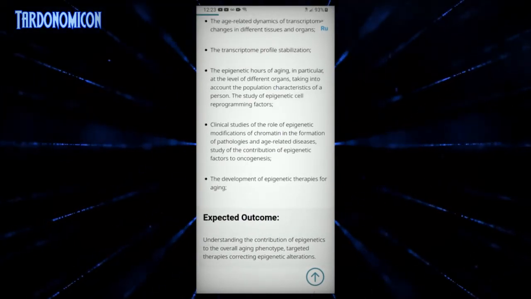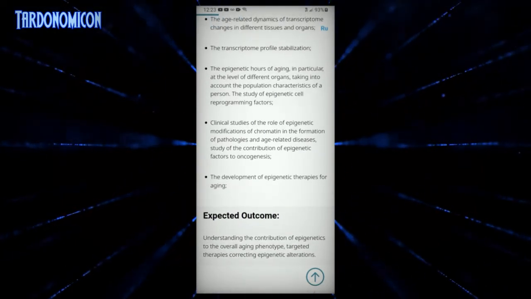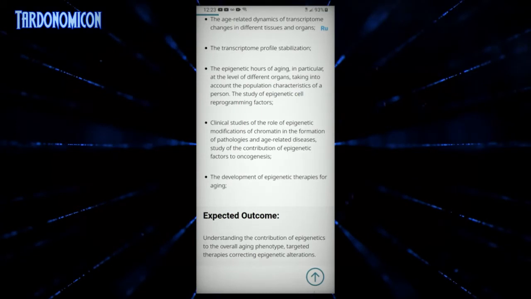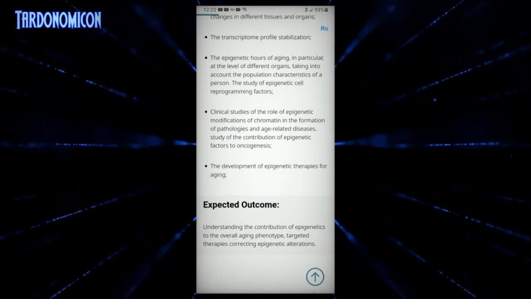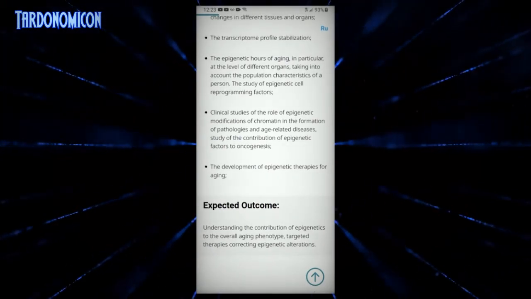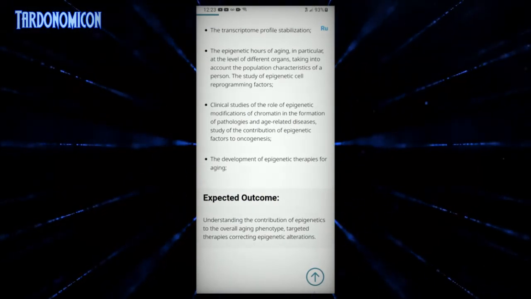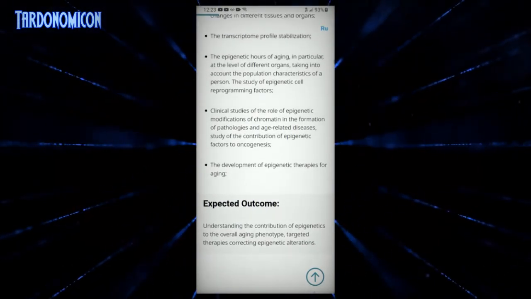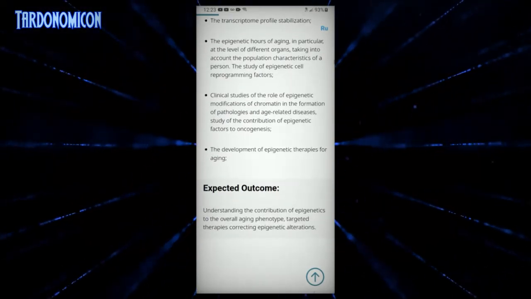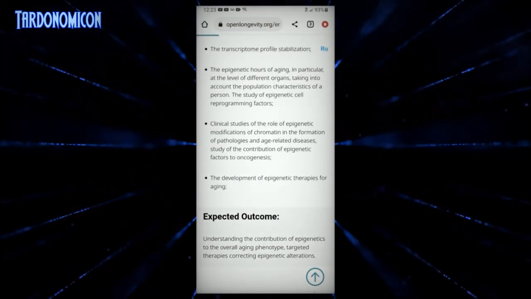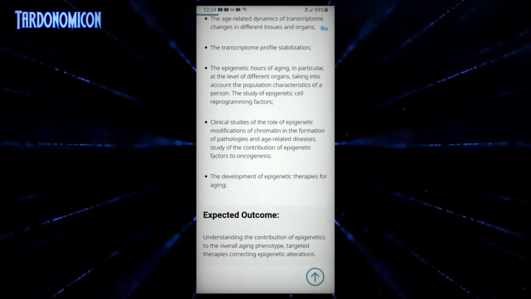So this is how are we going to count the epigenetic age? How do we really know how old somebody is, in particular at the level of different organs? So again, if you read Dr. Morgan Levine's book, True Age, she talks about how some people's immune systems age faster than their cardiovascular system. Some people's cardiovascular systems age faster than their pancreases. Some people's pancreases age faster than their brains. Some people's brains age faster. You get what I'm saying? So there's different epigenetic stages, and a lot of diseases such as diabetes could be related to the epigenetic aging